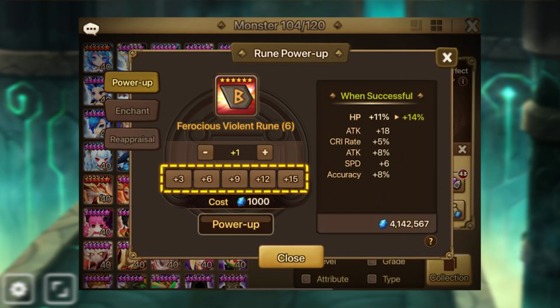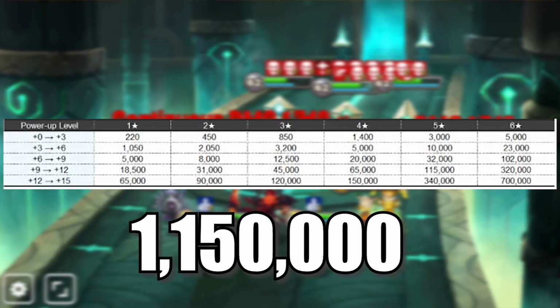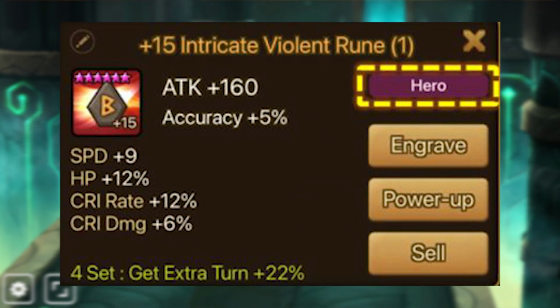The RNG has been removed from rune power-ups. Now they just immediately power up for a set amount of mana. It will cost 1,150,000 mana to level a 6-star rune from level 1 to level 15. Rune default grade is now much easier to see as it shows the actual default grade and not the current